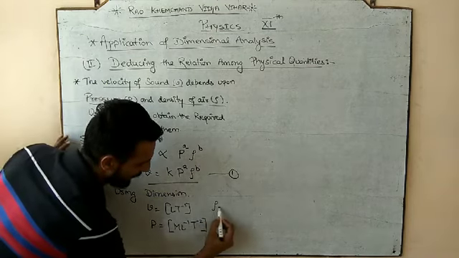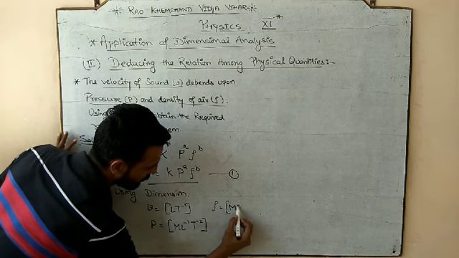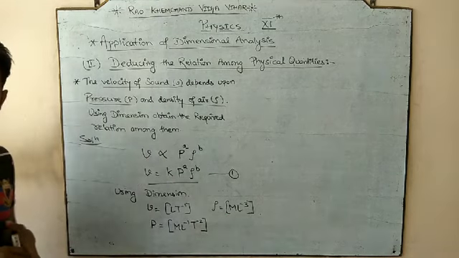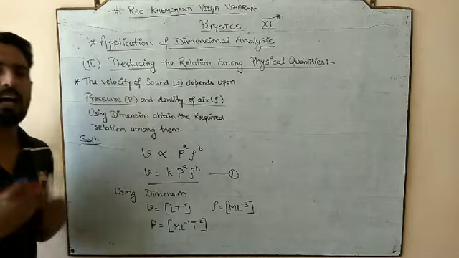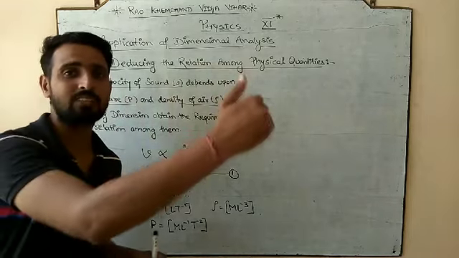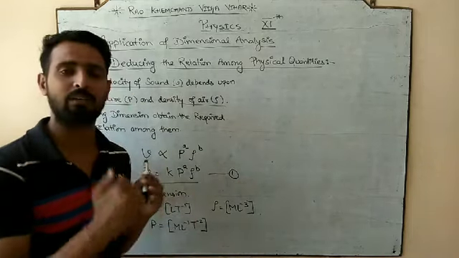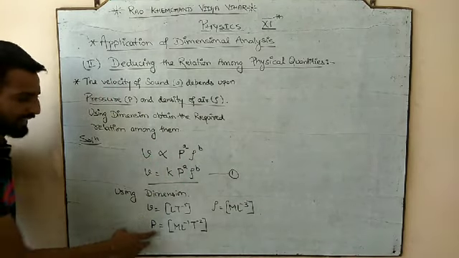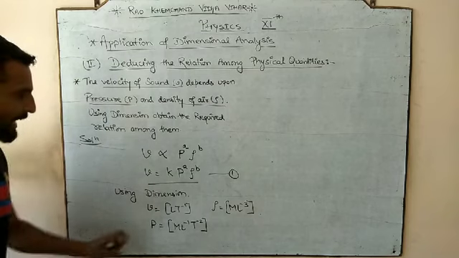And rho stands for density, whose dimension is ML^-3, mass per unit volume. So again, I am allowing you to use that dimension table. Keep it on your side, you can go with that, no problem. So we have velocity, pressure and density, and we have written all the dimensions.